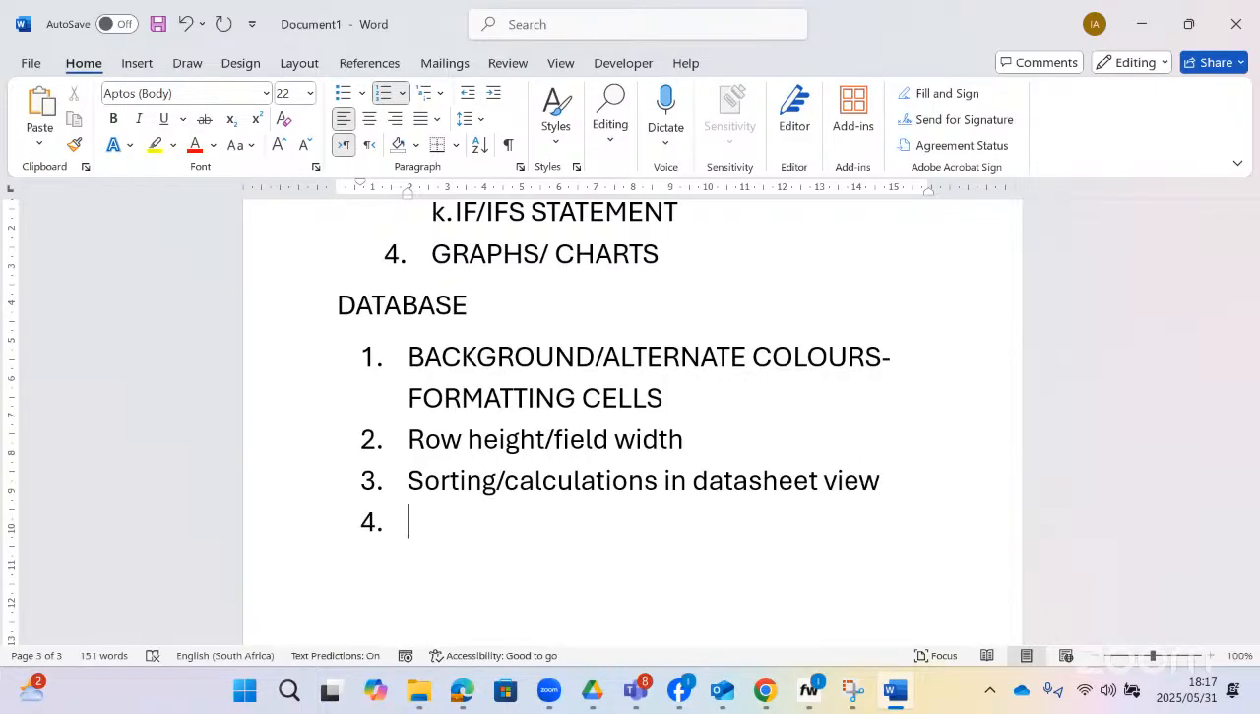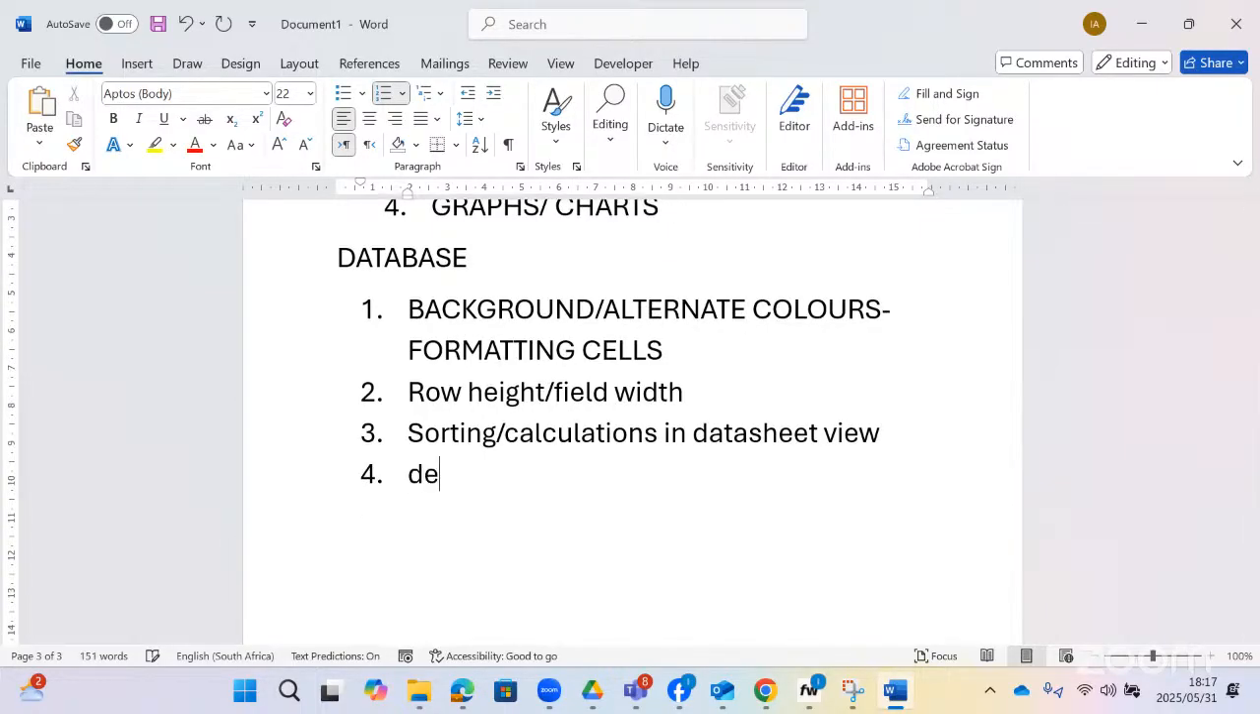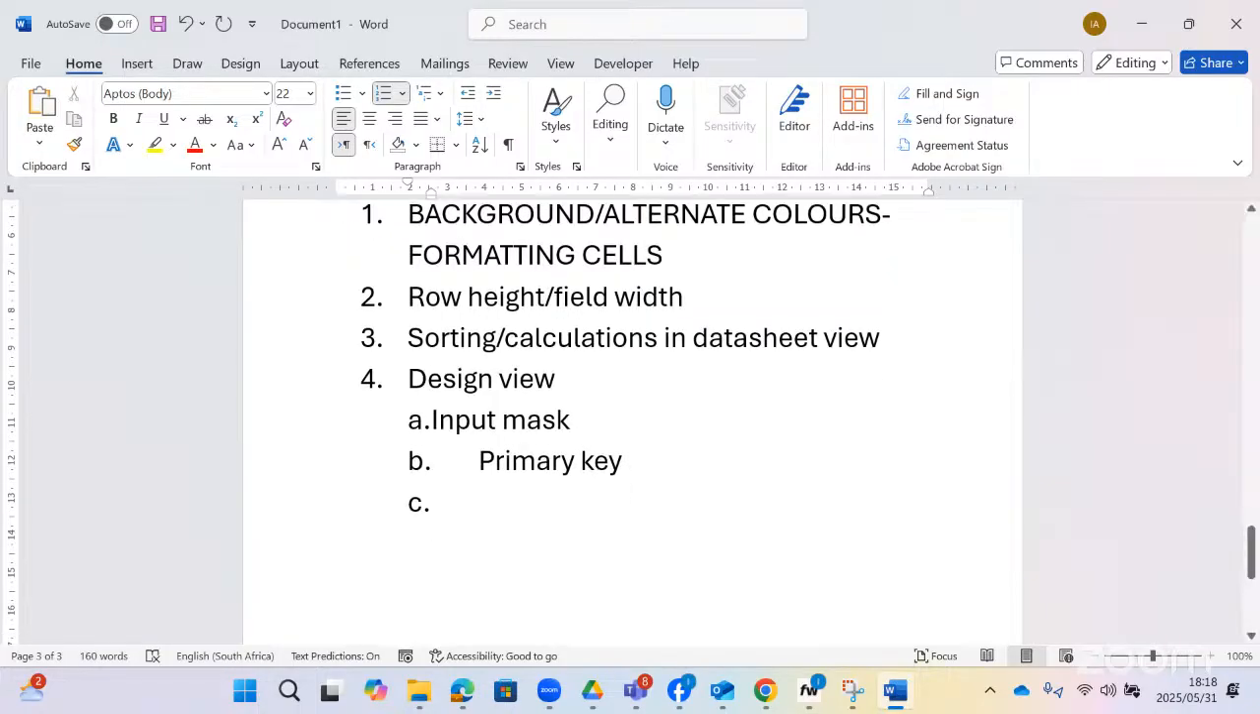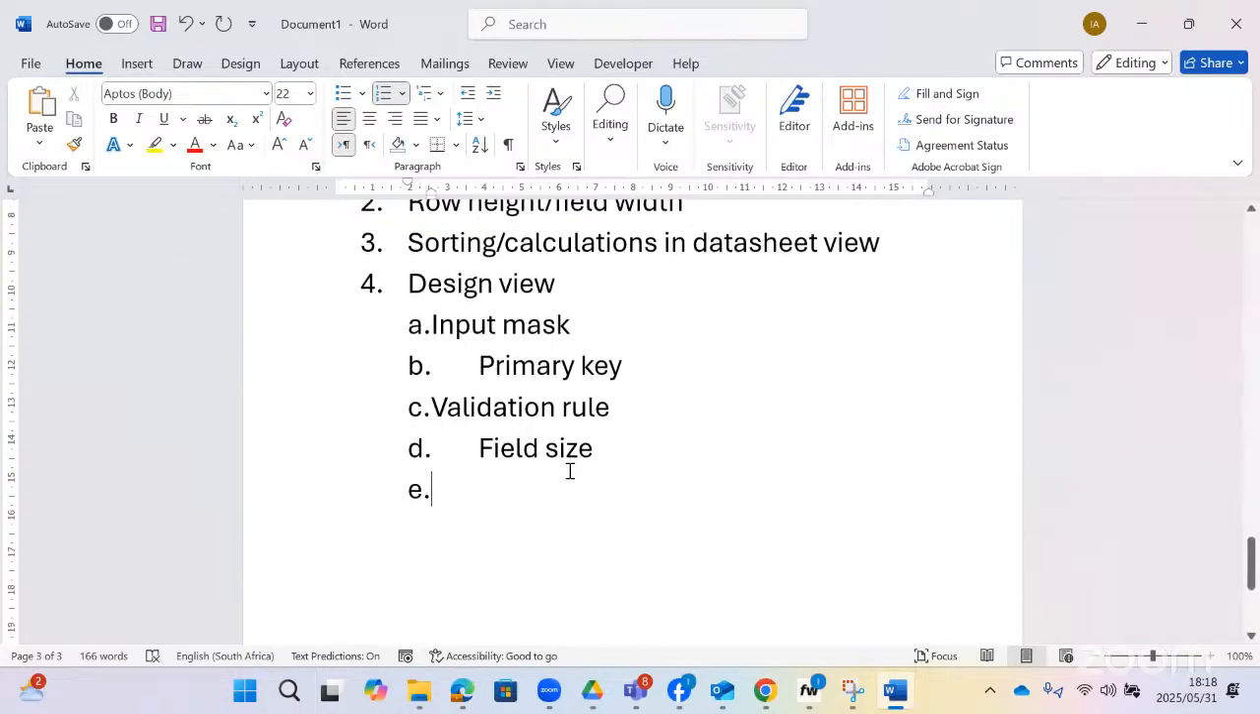Right. And then also from the design view, you need to know input mask, primary key, how to change validation rule or insert validation rule, field size, required,